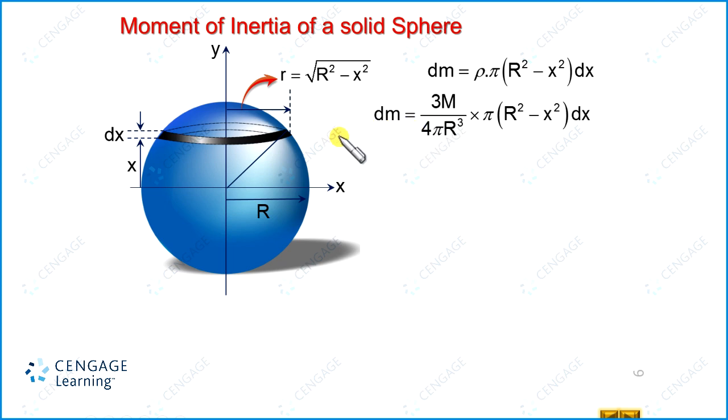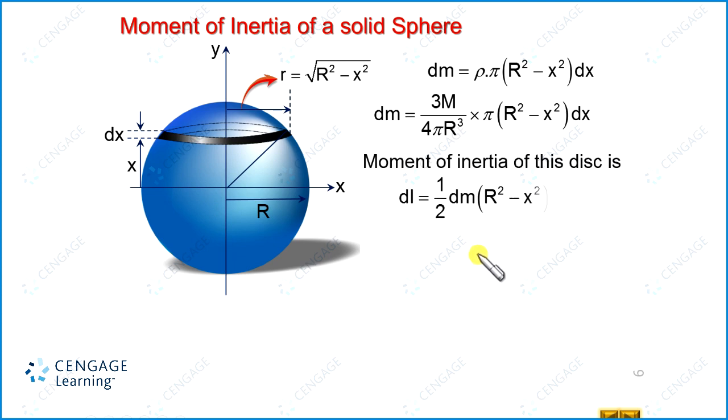Okay, we know the formula for calculating the moment of inertia of the disc about the axial line, that is equal to mr square by 2, and here mass is dm and radius is small r. So the dI, that is the moment of inertia about the y-axis, or you can say about the axis of this elemental disc, equal to 1 by 2 dm multiplied by small r square. So this is equal to 1 by 2 dm multiplied by capital R square minus x square, this one.